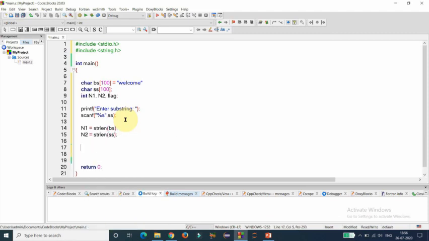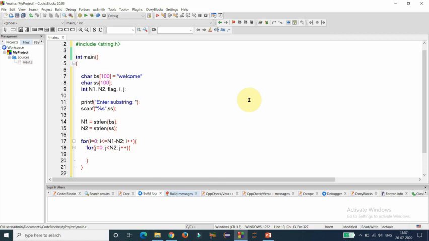Then I need to run two for loops. Now i and j are loop control variables. Then I am running the first for loop to access the main string index from 0 to n1 minus n2. Now I am using the inner for loop to access all the characters from the substring and to compare the characters under the window.